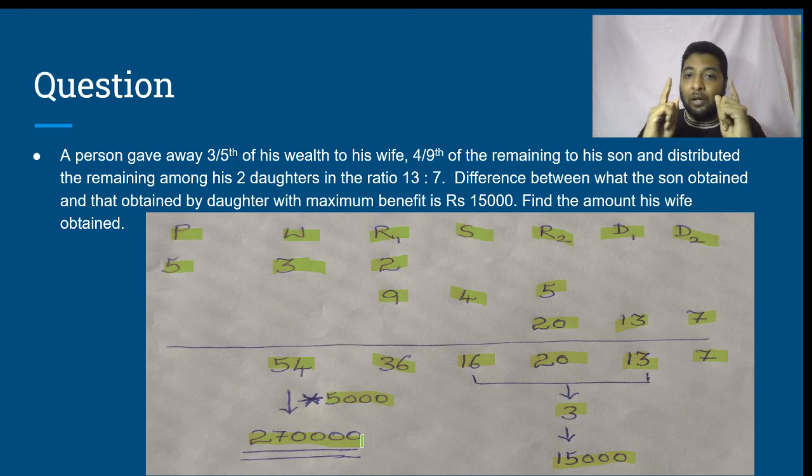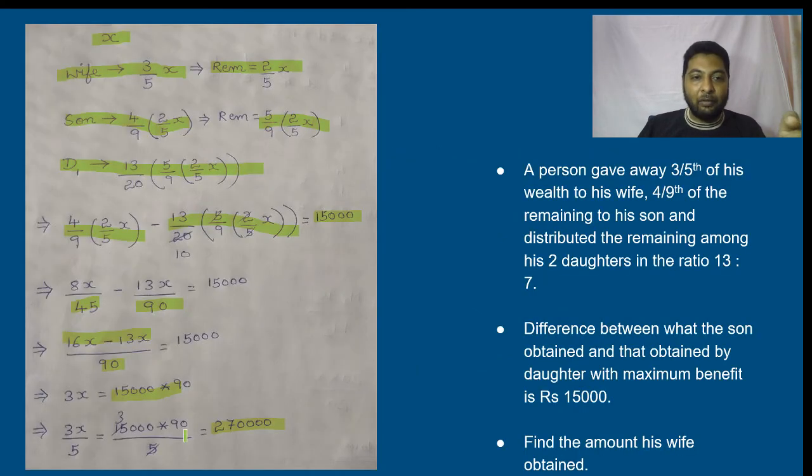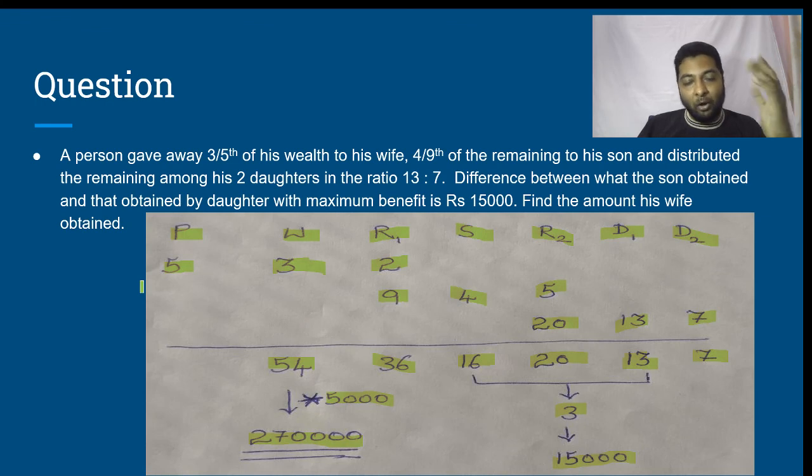But the amount of time spent for calculation is hardly one third of the amount of time that we would have spent by using x, 3 by 5, 4 by 9, all of those fractions. So using this method, however much time we took, we will take one third of that time to solve it in this fashion.